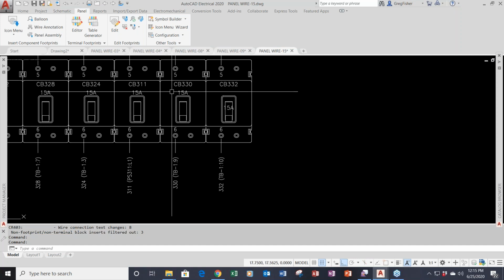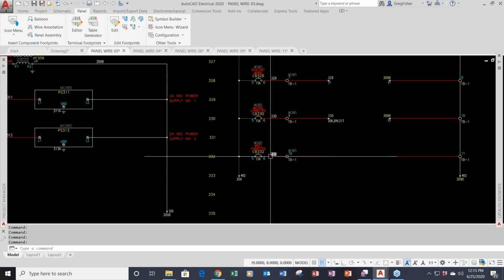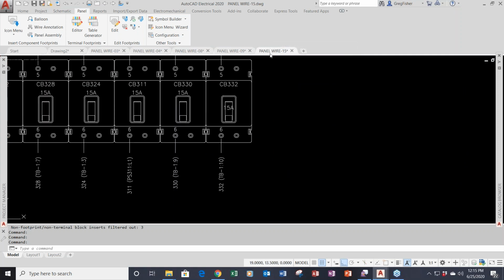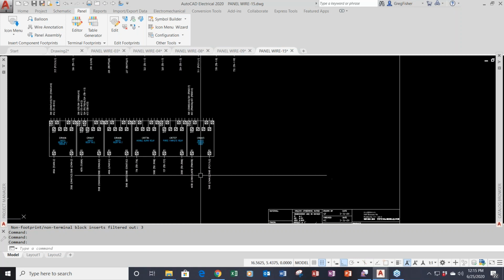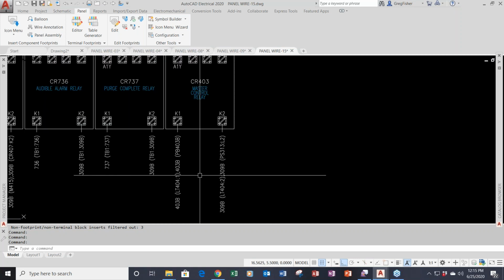And then on the other side, you know, there's wire number 332 right there. Wire number 332 on terminal number 6. If I take a look at the relay, an example of the coil,